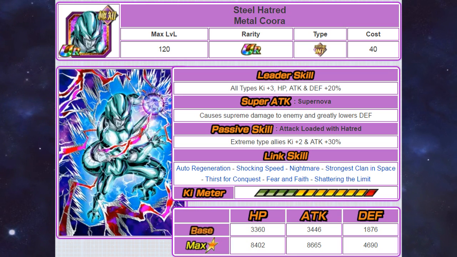His super attack causes supreme damage and greatly lowers defense. Again, basically every single unit these days, or villain specifically, they all greatly lower defense. And the thing about greatly lowering defense is that it allows you to hit the tiniest bit harder. It doesn't make that much of a difference unless the Dokkan event that you are taking on has a sizable defense. For example, Broly. Broly is probably the most noticeable one. There aren't many other events that require you to greatly lower defense, so it's nice to have in certain situations,